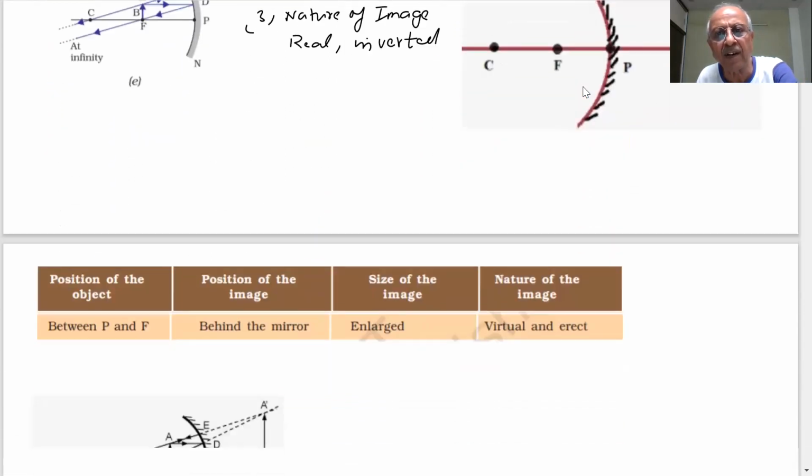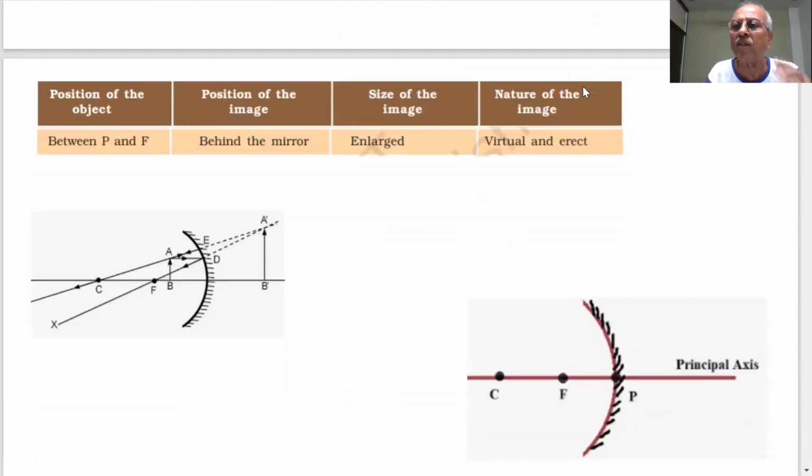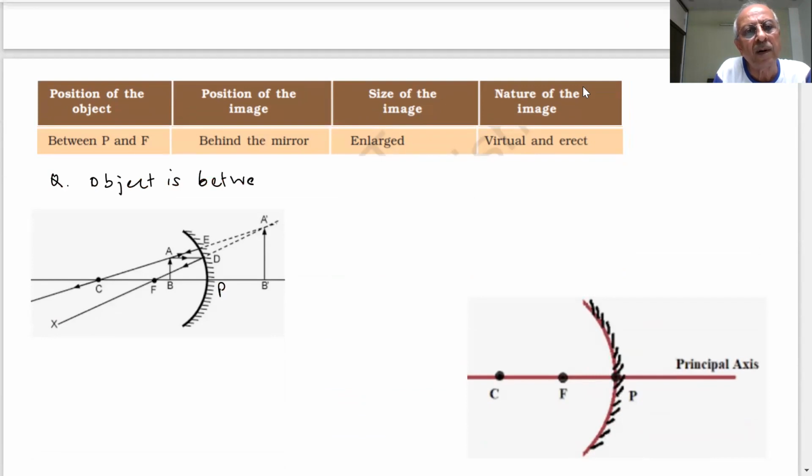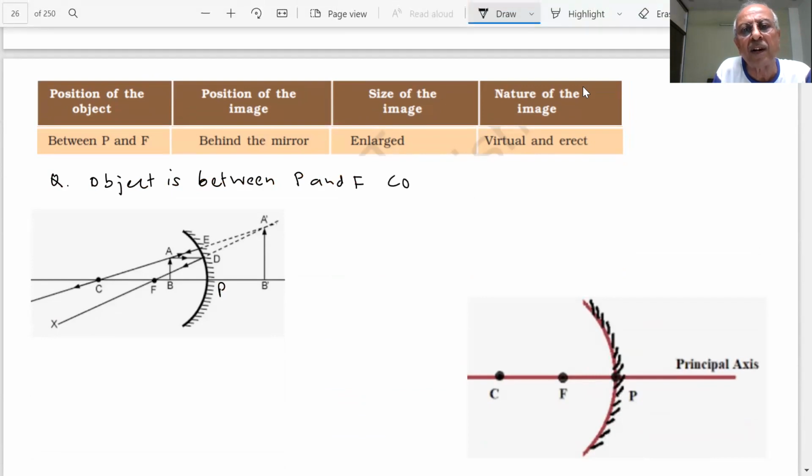Okay, just to recap. Interesting. I'm talking about the questions. What type of questions are they putting to you? Another interesting thing: if an object is placed between P and F, this is my principal focus, P and F. This is a very important question. If the object is between P and F of a concave mirror, students,